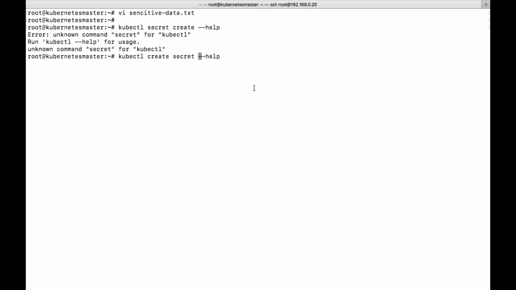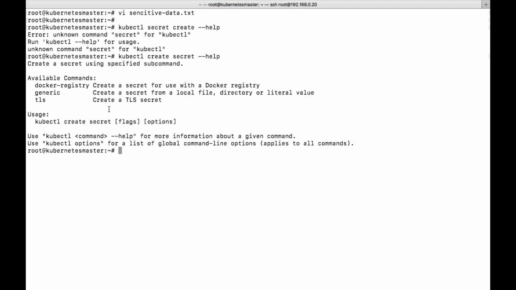So there are three ways to create secrets. One is Docker registry, generic, in the sense our normal files and all. TLS, if you want to create secrets over TLS certificates, then we need to use the TLS option. If you want to create secrets for your Docker registry, like username, password, we'll have this URL username password, right, for Docker registry.